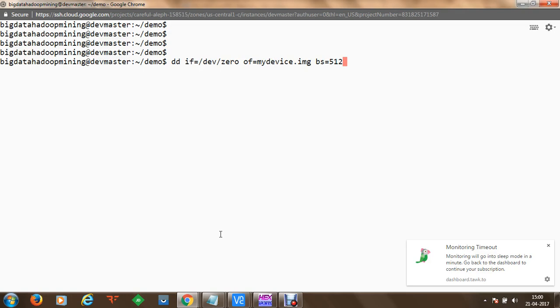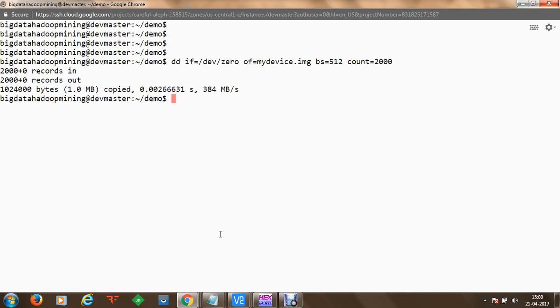So in this device we will have many blocks, and each block is of 512 bytes, and 512 bytes of data will be stored in one specific block. We are going to take a count of something like 2000 blocks. Once we create these 2000 blocks, we are going to get a device of 1 MB. So once we have got a device of 1 MB, you can see that this device is available.